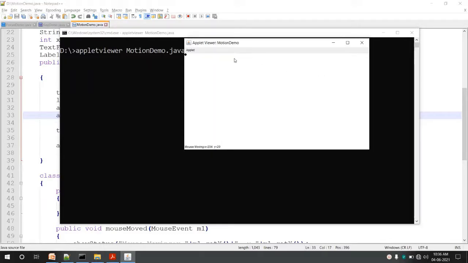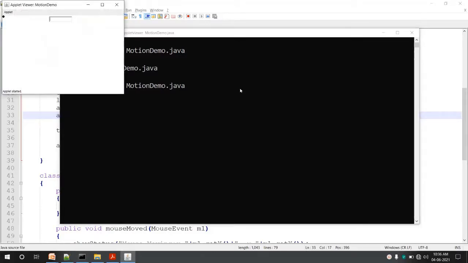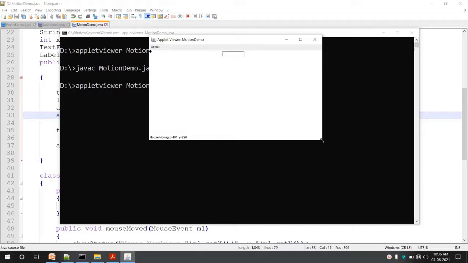Okay, still we are not able to see those two components. Let us verify it again. What is going wrong? Okay, I need to compile it again. I did not compile it after making the changes. Compiled it. Okay, now we can see there is a text field. You may say the label is not visible, but the label is actually there. The color of the label is white, and that is the reason you cannot see the label there.